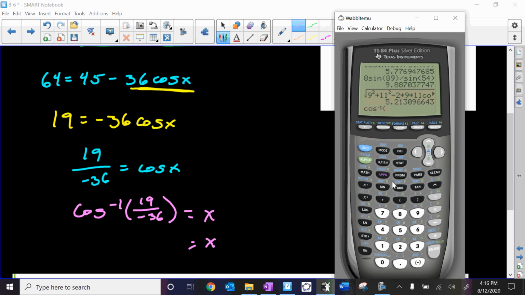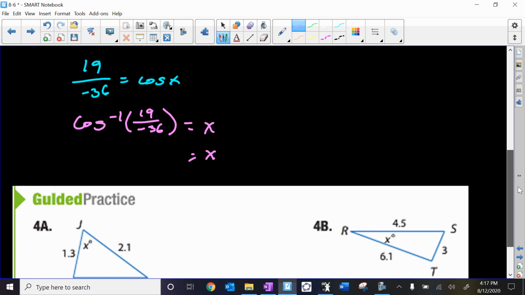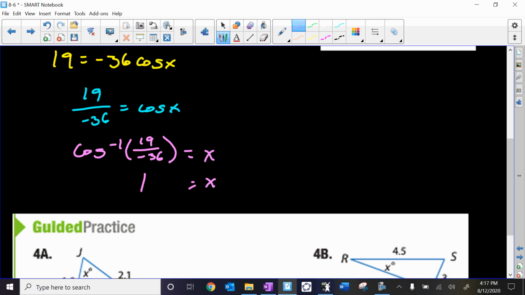Second cosine, 19 divided by negative 36. It says nearest degree, so we're going to round that. That would get us approximately 122 degrees